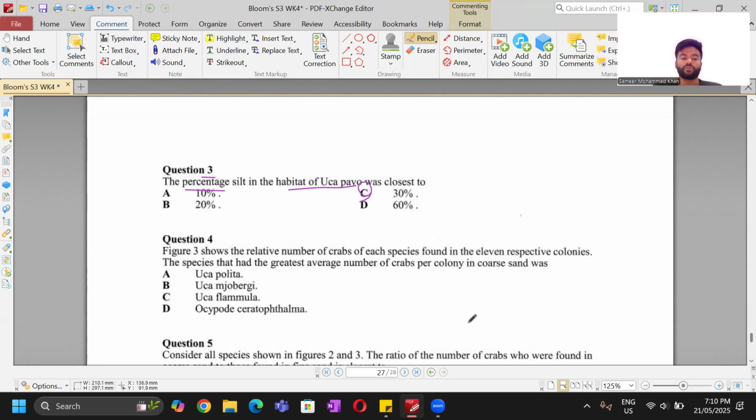All right, what about question 4? Figure 3 shows the relative number of crabs of each species found in the 11 respective colonies. The species that has the greatest average number of crabs per colony in coarse sand. Okay, so emphasis, greatest average number of crabs per colony in coarse sand. Okay, so this is referring to